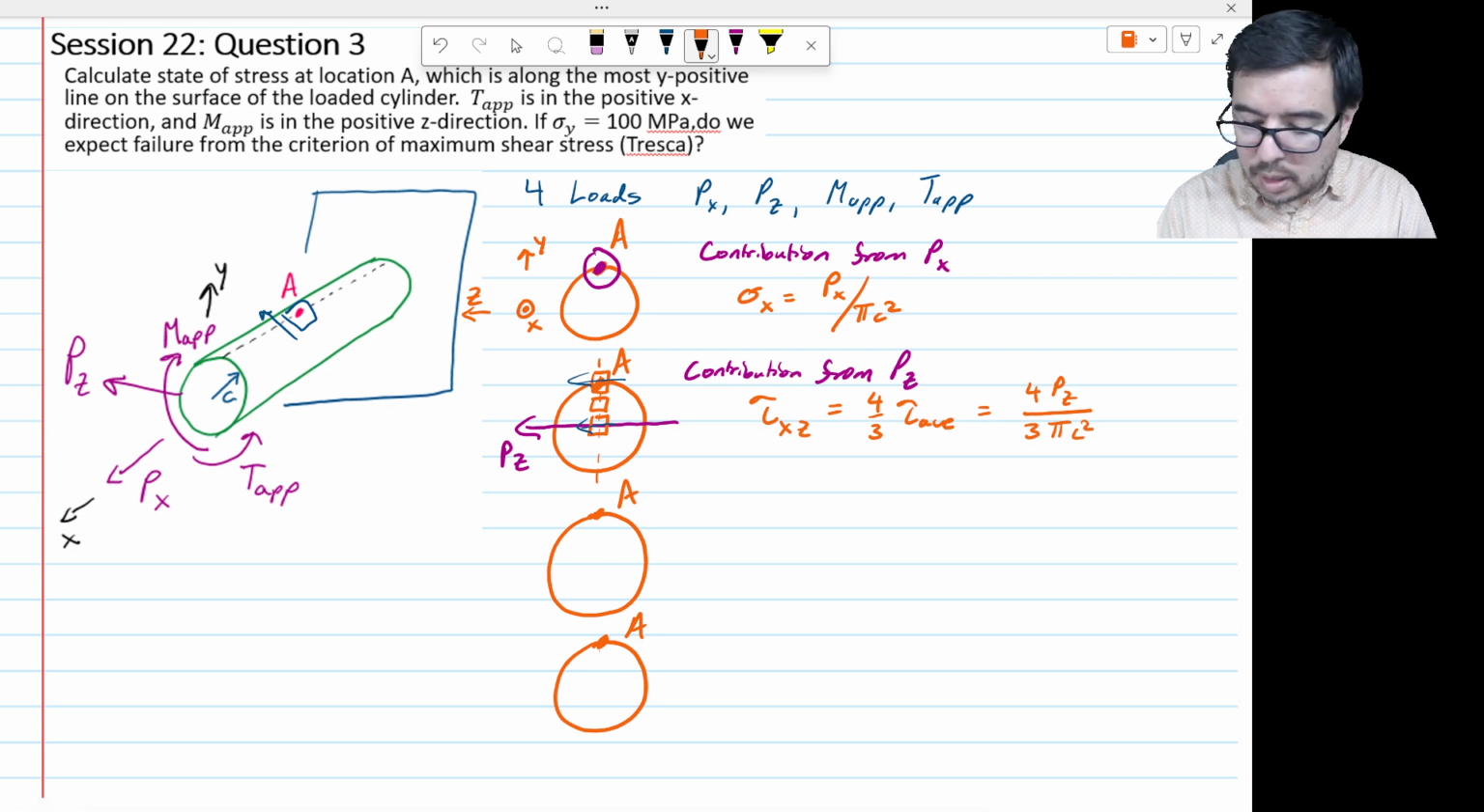So does PZ do anything else? No, that's it. It's not causing twisting. It's like we discussed. It does cause a bending moment, but that bending moment doesn't lead to any normal stresses. And we've got a transverse shear stress. Okay, so that's that. Let's go down to the contribution from